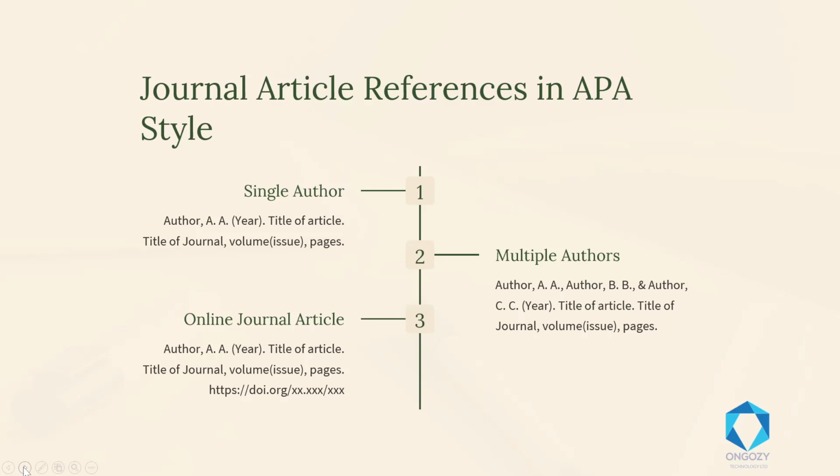All right. If there are multiple authors of this journal, you write all their last names and the initials, and then the year of publication, the title of the article, the title of the journal, the volume, issue, and the pages. And if it's an online journal, write the last name of the author, the initials, the year of publication, the title of the article, the title of the journal, the volume, the issue, the pages, and